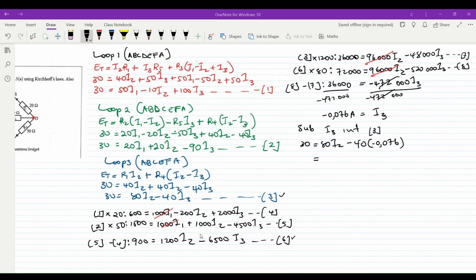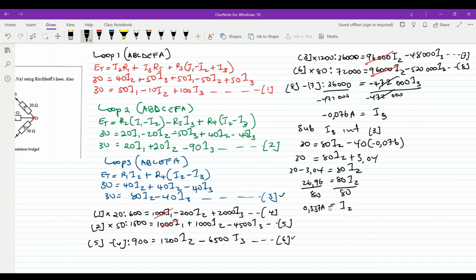What is negative 40 multiplied by negative 0.076? This should give us 3.04. Take this to the other side. 30 minus 3.04 is equal to 80 I2. This will give us 26.96 divided by 80, both sides. Your I2 will be given as